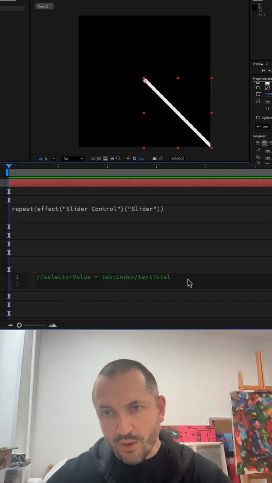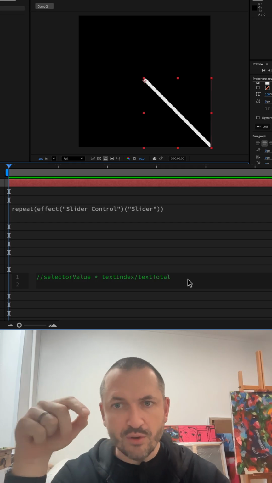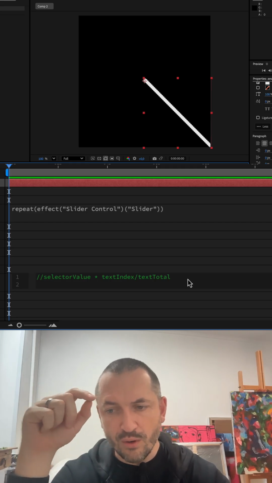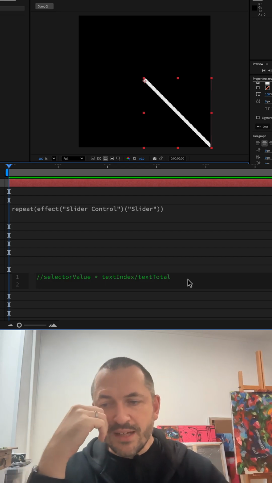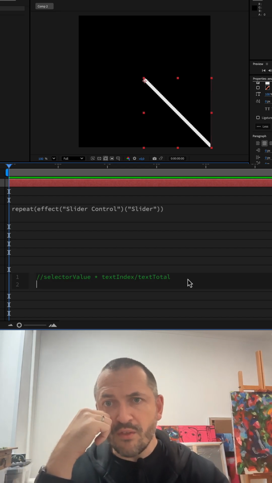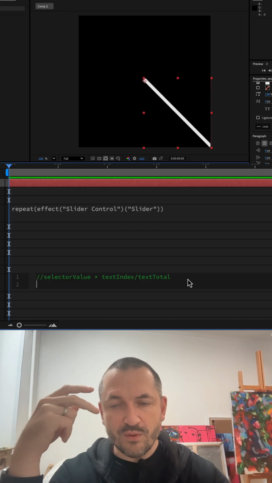What I need to do, I need to have a circular movement here of all characters. If you remember the mathematics, circular movement in mathematics is a combination of sine and cosine.